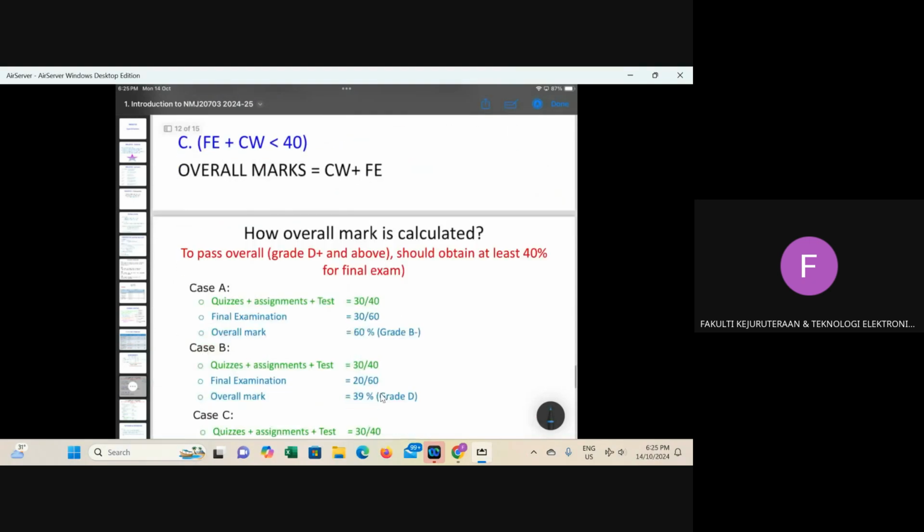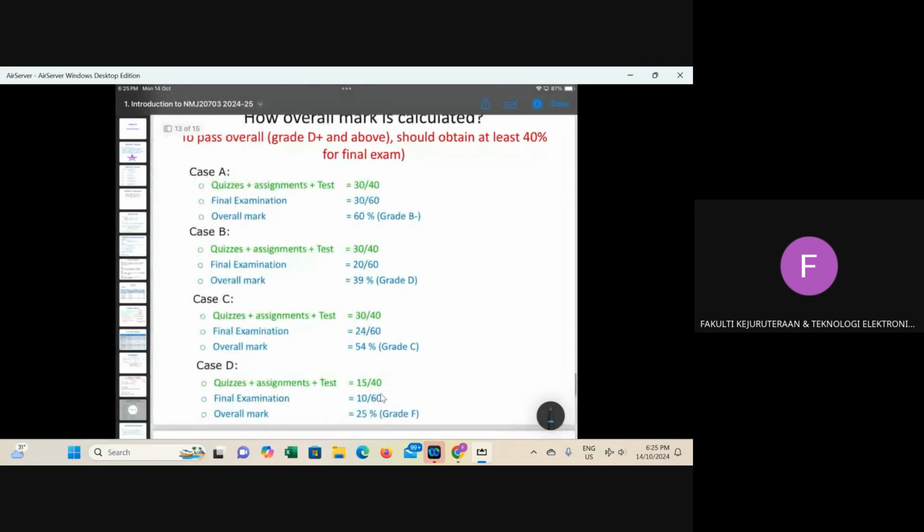I have examples here: case A, case B, case C. The green is coursework. In case A, you got coursework 30 out of 40, which is high. Final exam, you got 30/60, which is greater than 24, or greater than 40%, because 30/60 is 50%.